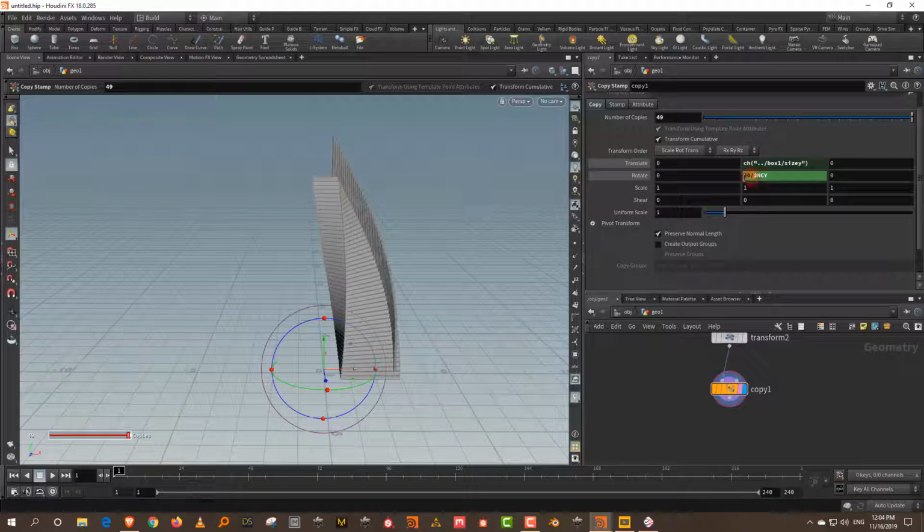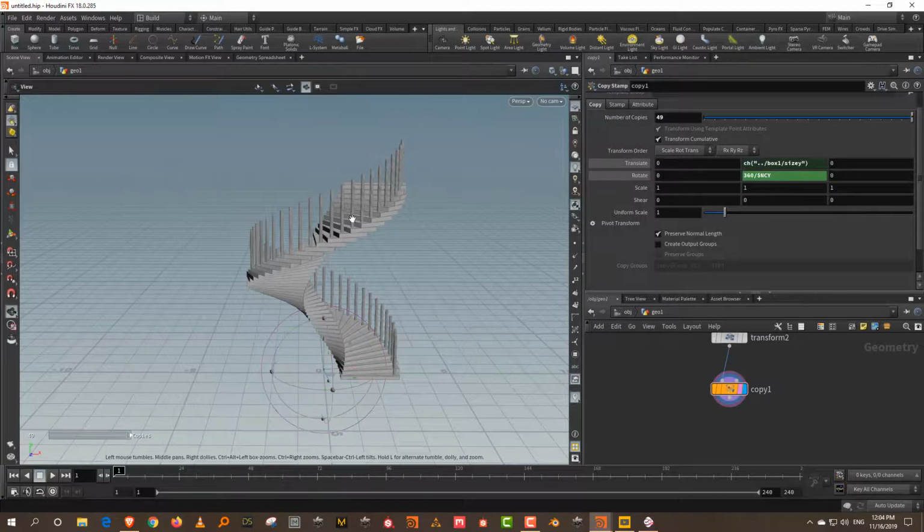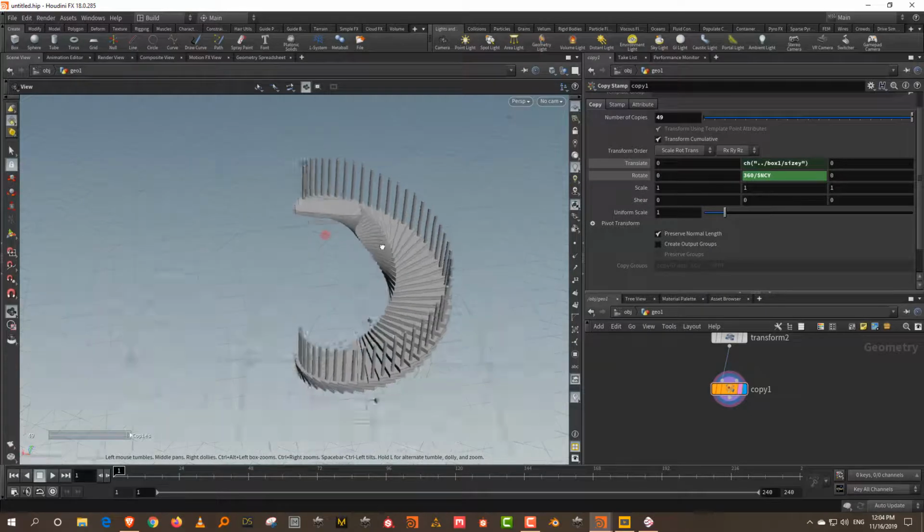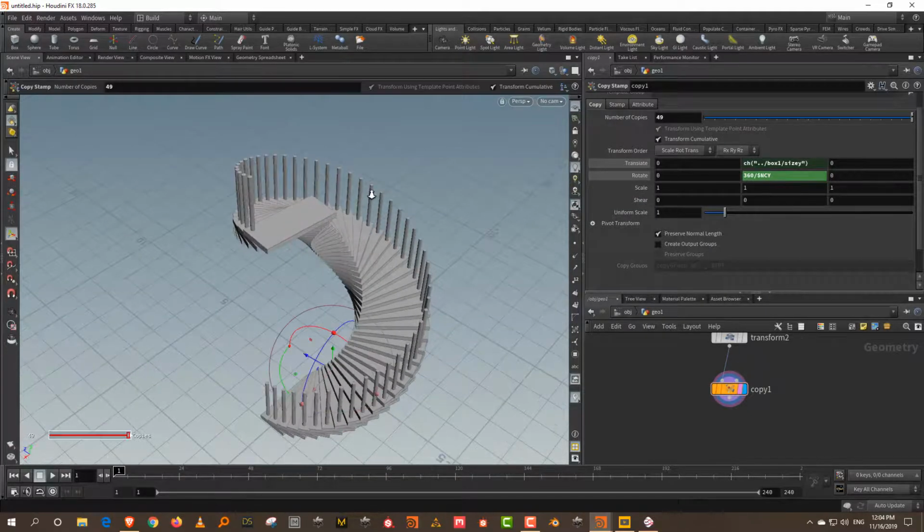But the point being, a little bit of channel referencing and a little bit of math allows you to build far more complex stuff. Otherwise, if you're going to build a spiral staircase like this, and you make changes, you have to go back every time and readjust the number of degrees or the height, and all of those things. Here, because we just connected two simple functions in there, you can easily build a much more break-proof system. So that's basically the copy tool.